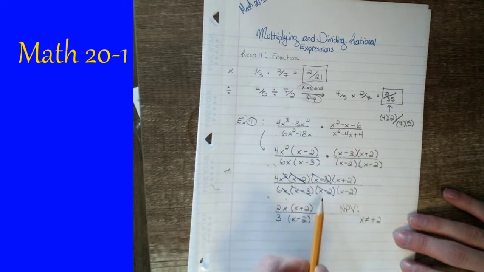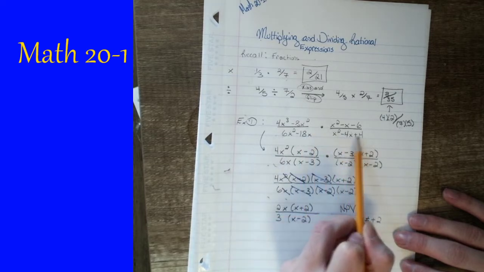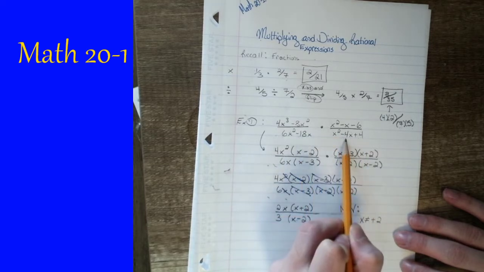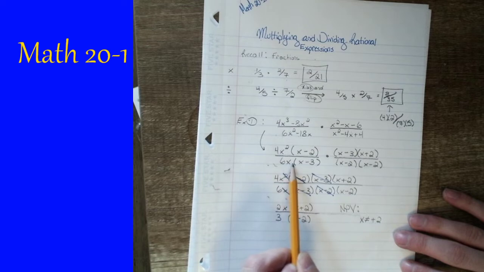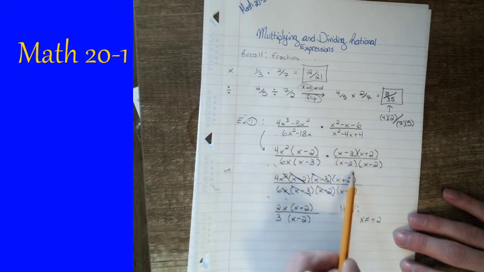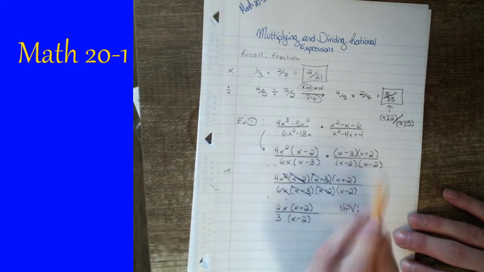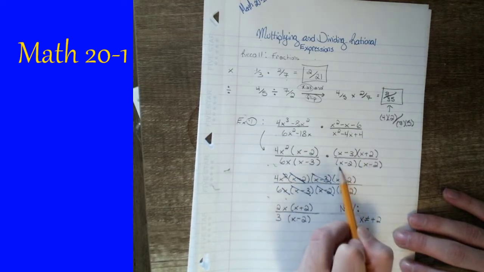All of the things on the denominator here were not allowed to equal 0. Even though I cancel them out, you still have to say x cannot equal positive 2 covers this, positive 2